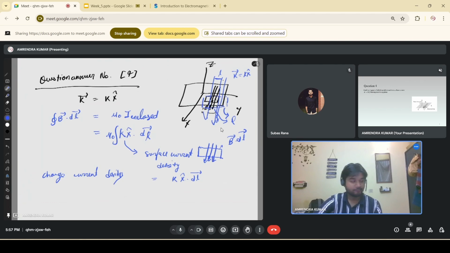Okay, because the surface current density K is equal to K x cap,